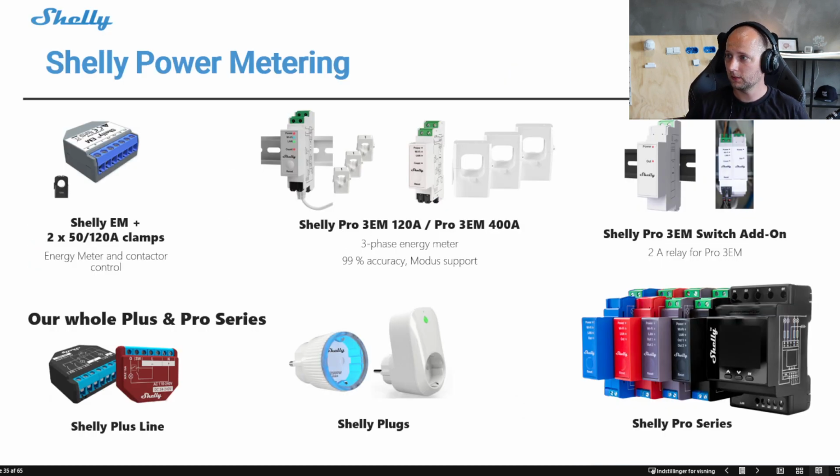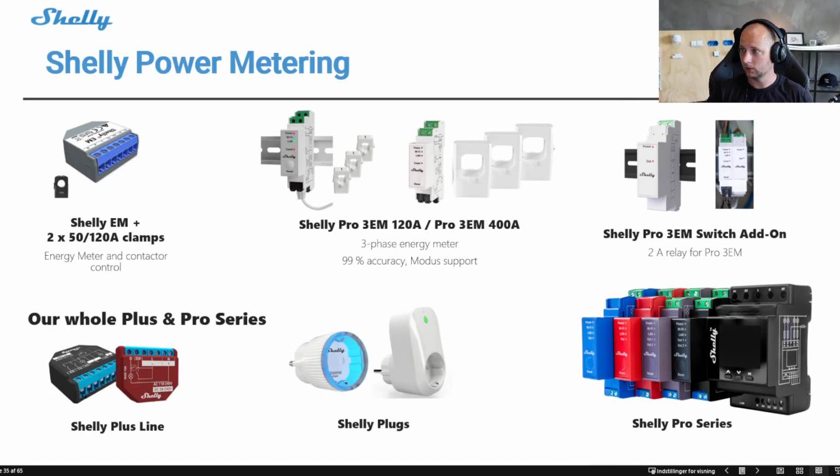Here are something new once again. So we are launching quite a lot of new devices at the moment. The Shelly EM is not new. So this is, again, I don't have it here, but the same dimension, same size as other Shelly retrofit devices. But with the Shelly EM, you can connect 2 times 15 amps or 2 times 120 amps current transformers. And because of the name, it's not just power metering, it's energy metering.